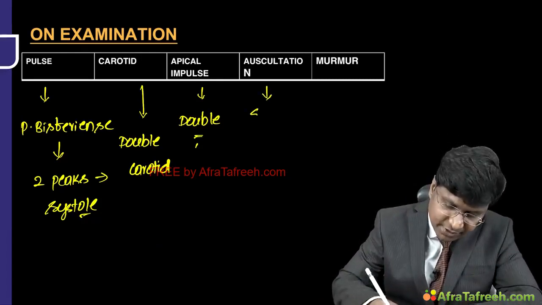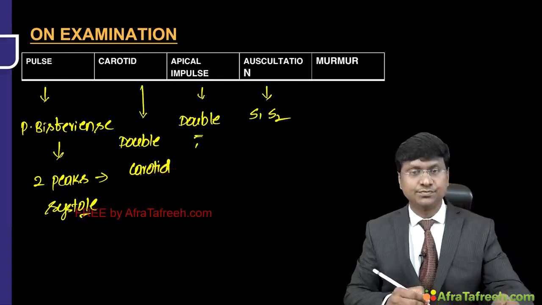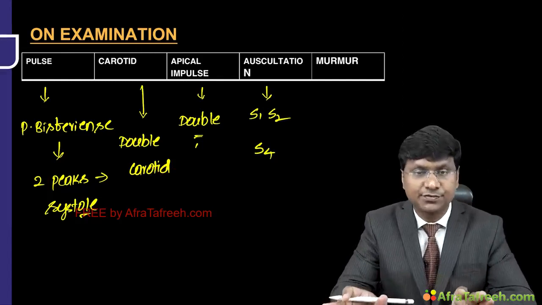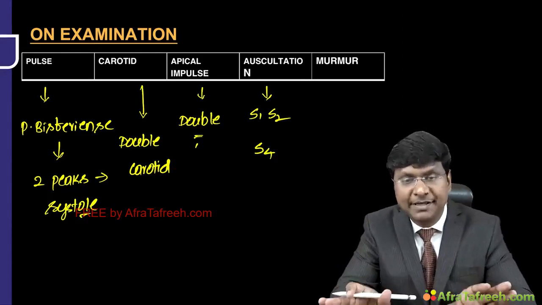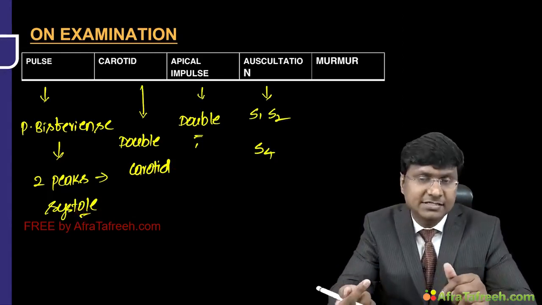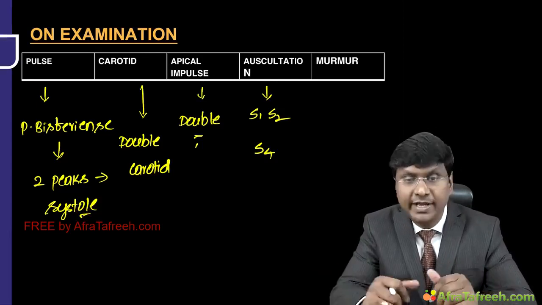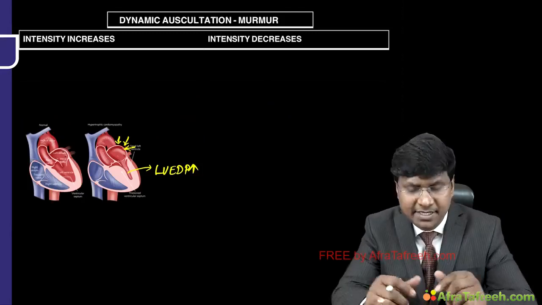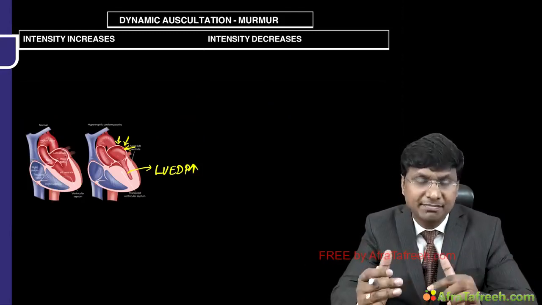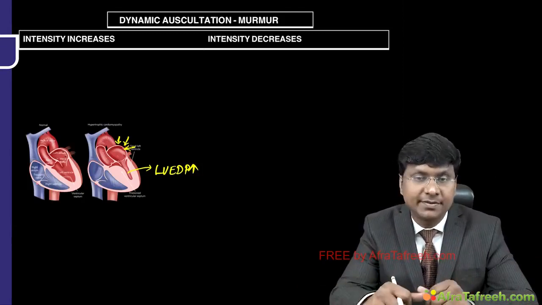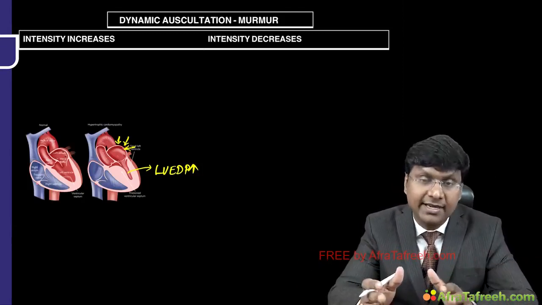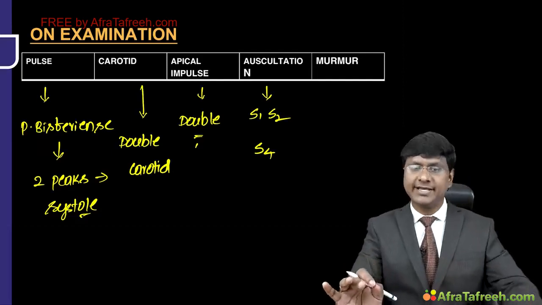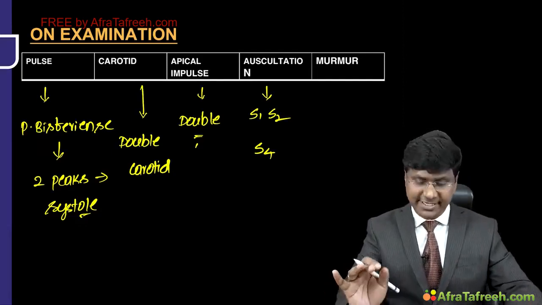On auscultation, along with S1 and S2, you will have an additional sound, the S4. Usually, you don't listen to S4. If at all you are listening to S4, it is a pathological heart sound. What is the mechanism of development of S4? That is due to atrial contraction. But how is the atrial contraction in patients with cardiomyopathy? It's a stronger atrial contraction. Why? Because the LV end diastolic pressure is increased. So when the contraction of the atria is very strong, you will listen to this pathological S4, right?